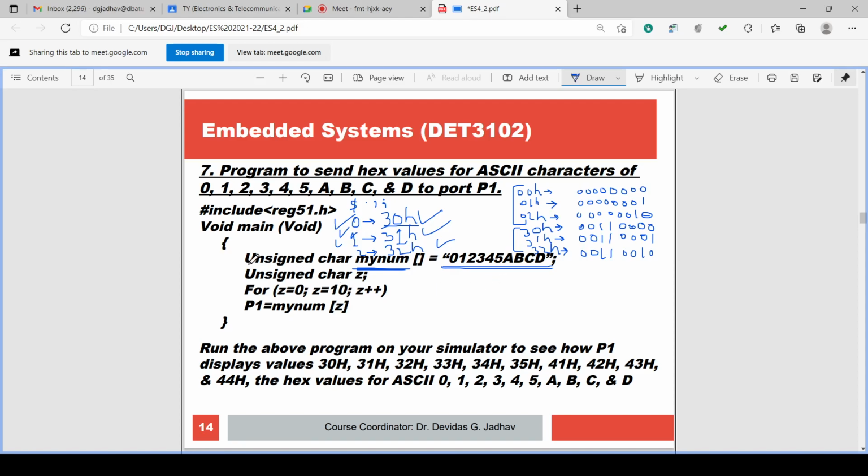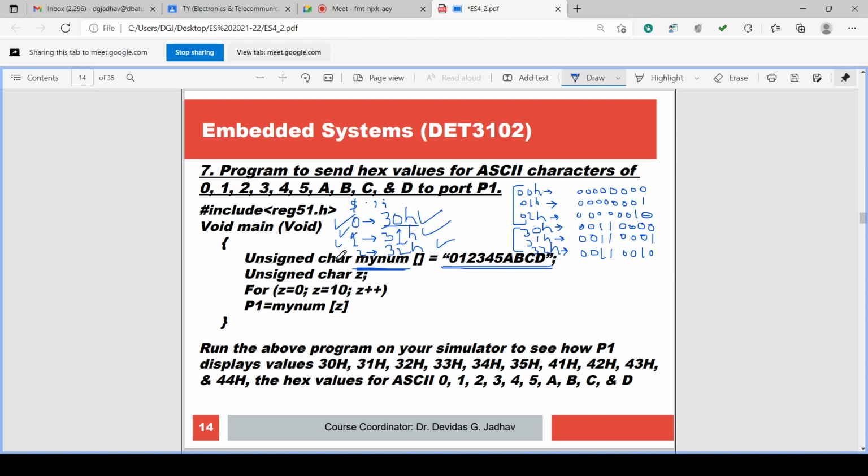So what is done here is unsigned char is the declaration of the variable mynum, m-y-n-u-m. Any name you can give. You can give p1, you can give a1, you can give array1. And this is an array because immediately after mynum there is an opening and closing square bracket.